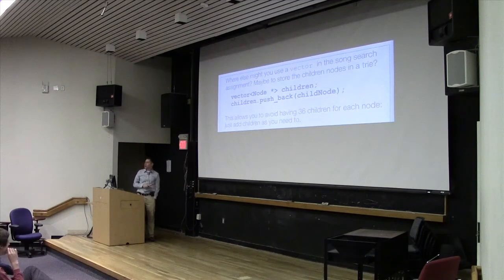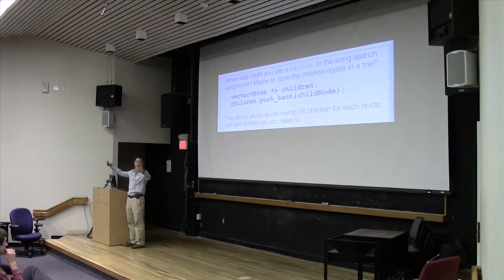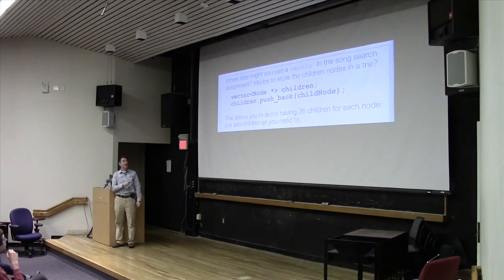You might want to have a trie. For those of you using a trie for your data structure, a bunch of people are, you might want to do it this way. I put a note on Piazza on how this might be important to do. Do a vector of nodes. That means you don't have to create all 36 nodes at once, and especially if you're using node pointers, it's going to be a relatively small amount of information. It will only create a minimum size for you. In fact, if you wanted to be really clever about it, you could do the node with children and say, just give me one to start, a capacity of 1, just in case I happen to have one. You could do it that way, because there is a way to declare a vector such that you get a capacity of 1. Might not be a bad idea if you're trying to save space in your overall trie,